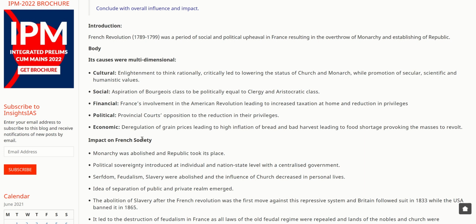Financial: France's involvement in the American Revolution led to increased taxation at home and reduction in privileges. They started going bankrupt. Political: provincial courts' opposition to the reduction in their privileges. Economic: deregulation of grain prices leading to high inflation of bread, and bad harvest leading to food shortage, provoking the